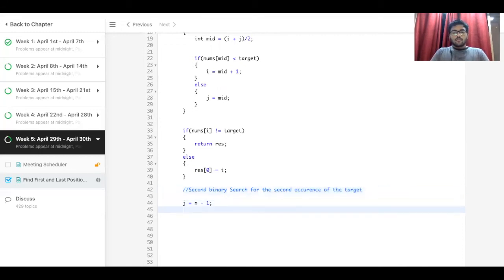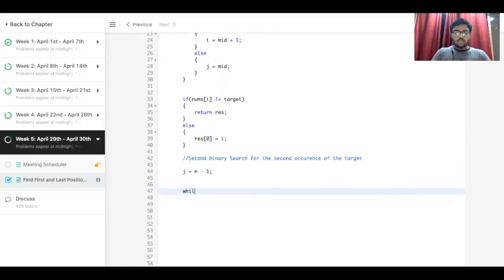So here, as I initialize the last pointer, the second pointer, which is the right pointer, to the end of the array, so that we traverse from the middle element where we found the first occurrence to the last, so that we understand where is the last occurrence of that particular element. So similarly, while i is less than j,